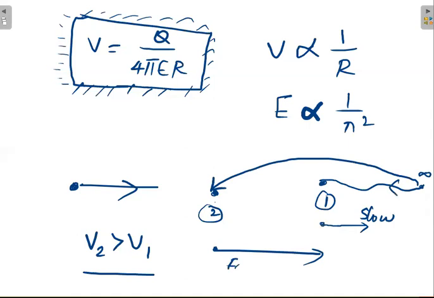That is the idea. Because V2 is larger than V1, at the point of V2, if you just release some charge, it goes very fast in the direction of the electric field. Getting there is very difficult, but once you arrive, you will get some extra energy as compared to case 1. This is the idea of the potential.